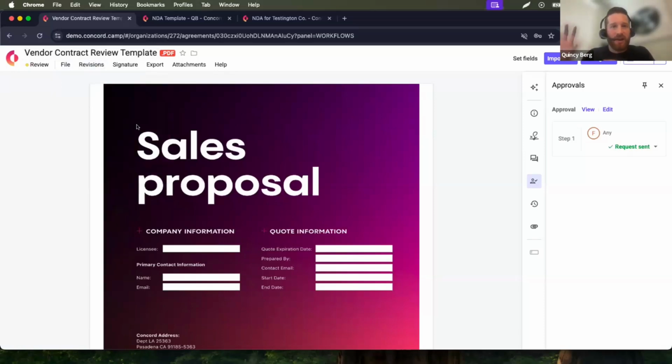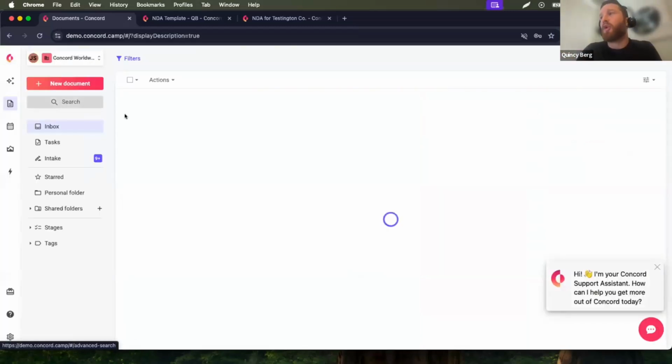So I'm going to just take a pause in this workflow. That's bringing a vendor contract into the system to start working it through your review process. If you have a Word document,